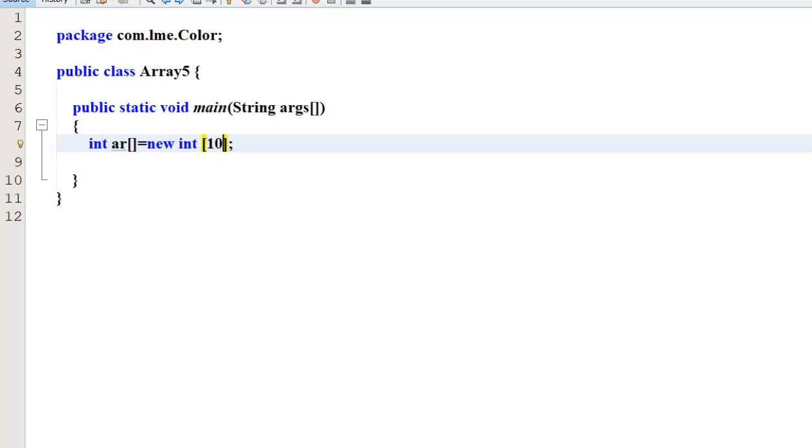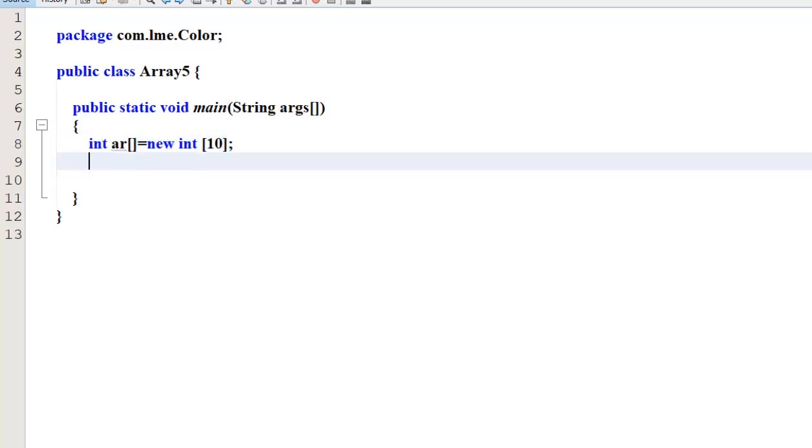I want to input something, okay, and I want to sort it. So if you know the sorting technique, then you can easily sort. If you don't know the sorting technique, there are different types of sorting techniques, but I will tell you one sorting technique which will help you. There are so many types of sorting techniques, but we will go for only one type of sorting technique, right?